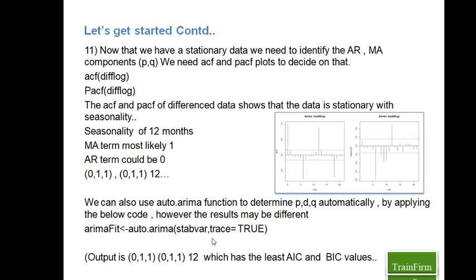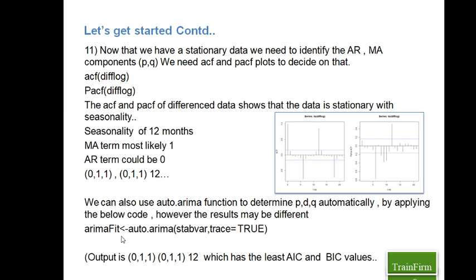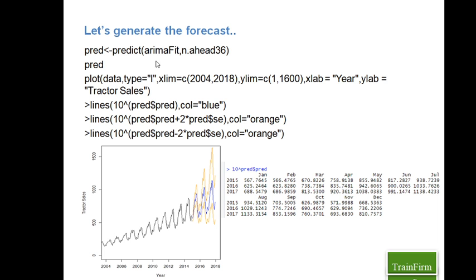auto.arima. You took the stabilized data with trace equal to true. So again, auto.arima is telling you to go for this particular model. This could be the best model. So that's how we have concluded it. And then finally you predicted using the ARIMA fit you have taken. This is the best fit that you have put in, the variable you created, and you asked R to